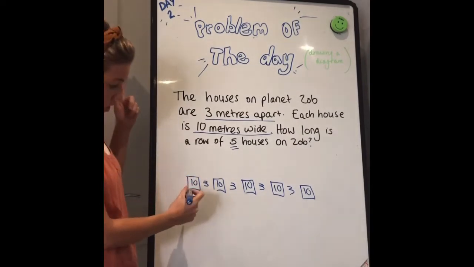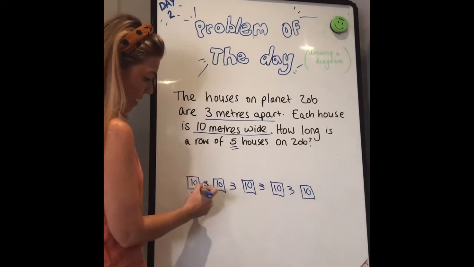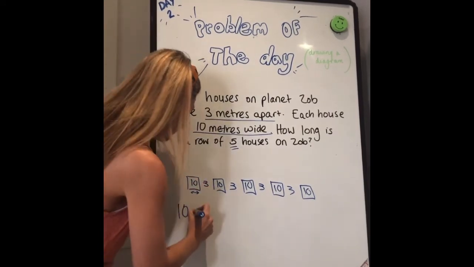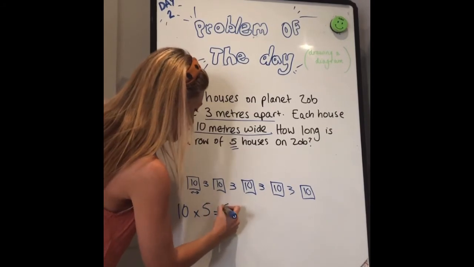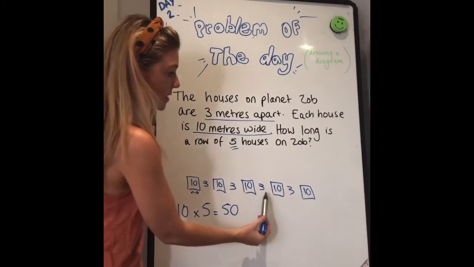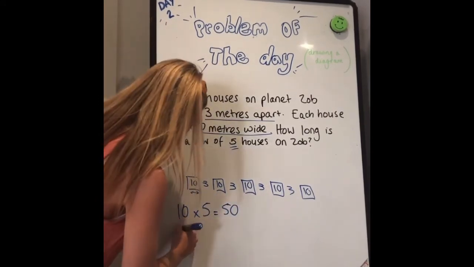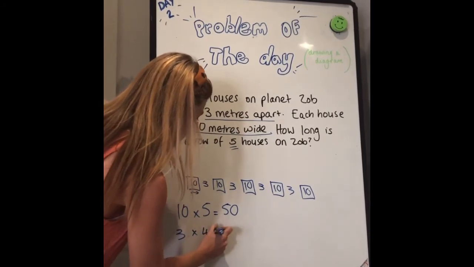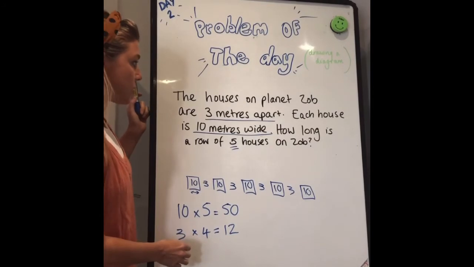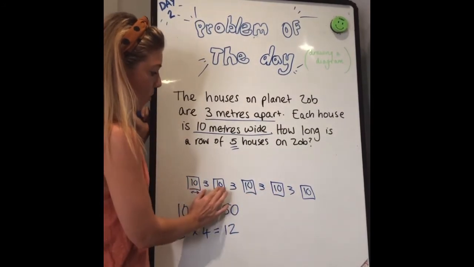So we could do 10 times 5 because we know that we've got 5 houses and they're 10 metres wide. So we can do 10 times 5, which we know is 50. And then we could do 3 times 4. 3, 6, 9, 12. So 3 times 4, which is 12. Okay, so we've worked out in total all the metres in between the houses and also all that width of